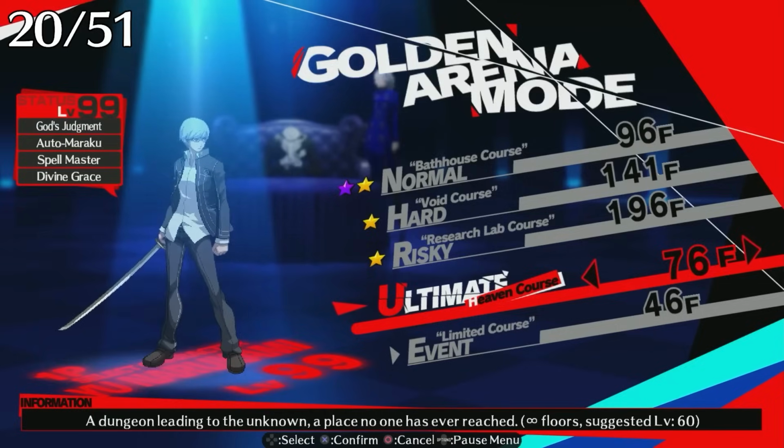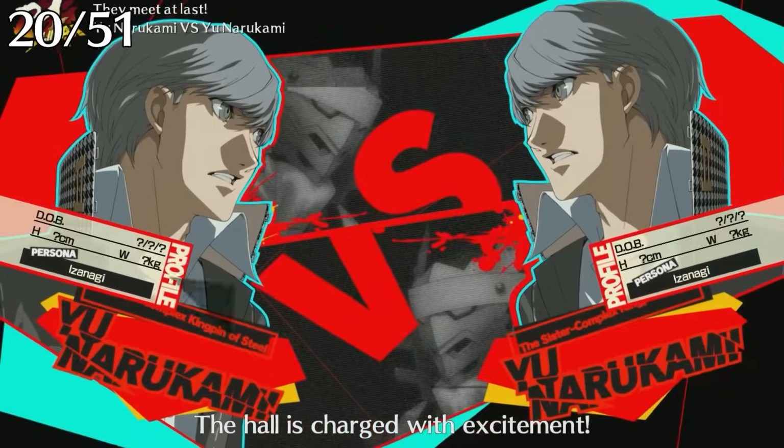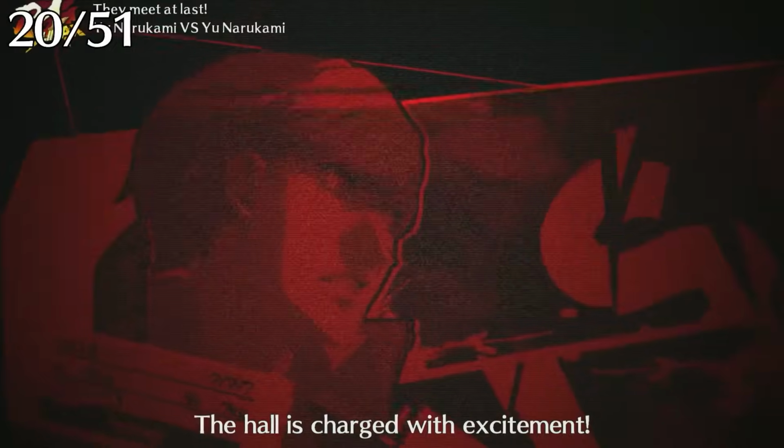For you see, there's also an extra course at the bottom called the Limited Event course. This course only has 50 floors and is available for a limited time only before switching to a new one. Instead of spending hours doing 400 floors, I can just substitute the risky course for this one. And so after chugging down on some Teddy juice,